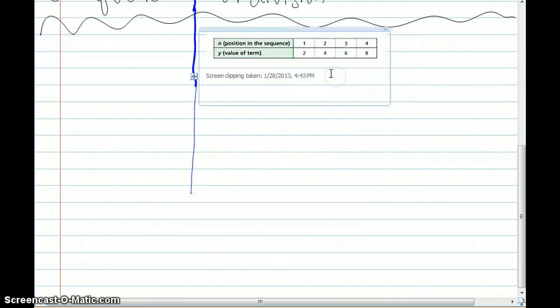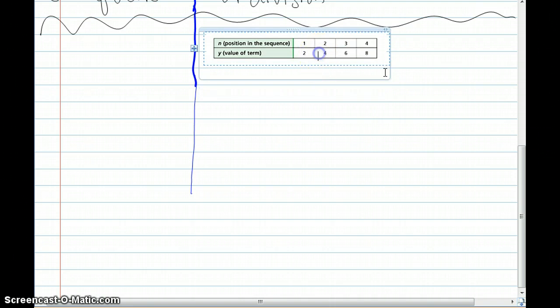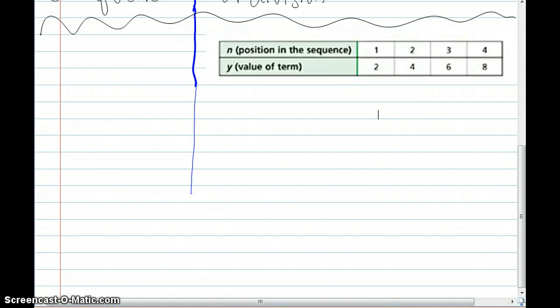and we can tell from looking at it that we have 4 numbers in the sequence, and they're in positions 1, 2, 3, 4, because they're first, second, third, fourth position. And we can see that our numbers are 2, 4, 6, and 8. Make this a little bit bigger for you guys so you can see it. Alrighty, so we have 2, 4, 6, and 8 as our terms,